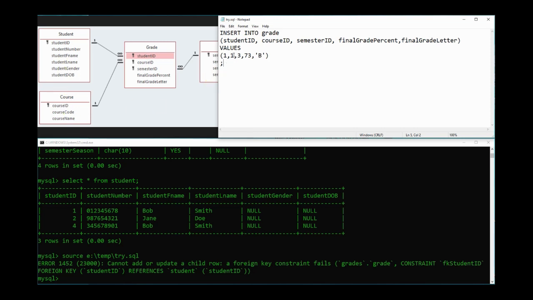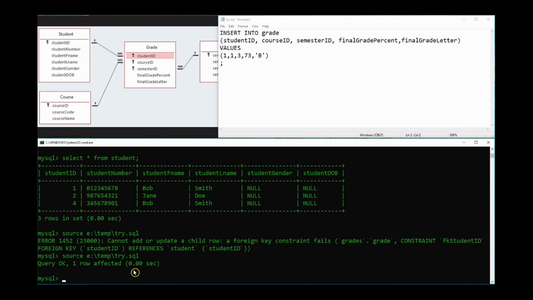I couldn't say, give student ID 1, which exists, a grade of 73 in course number 5, because course 5 doesn't exist over here. We only put 1 course in. The course ID for that was 1. Okay, so 1, 1, 3, let's do that. So foreign key, the value has to exist in the referencing table. Now it worked. Select star from grade,